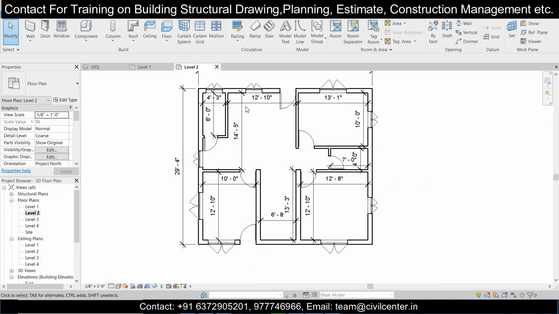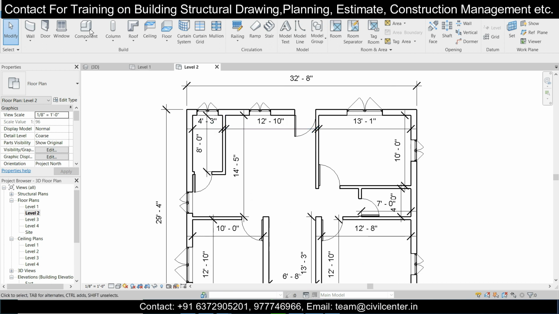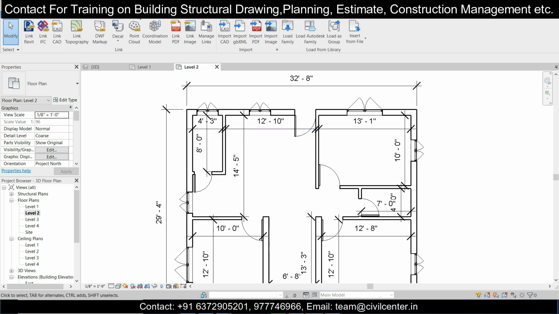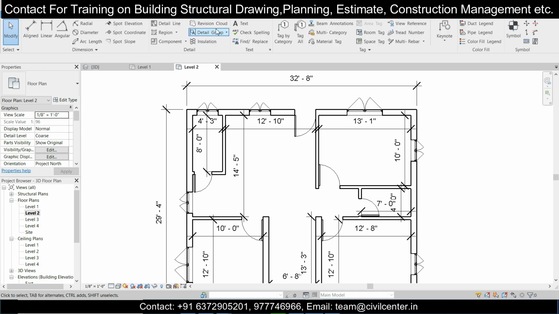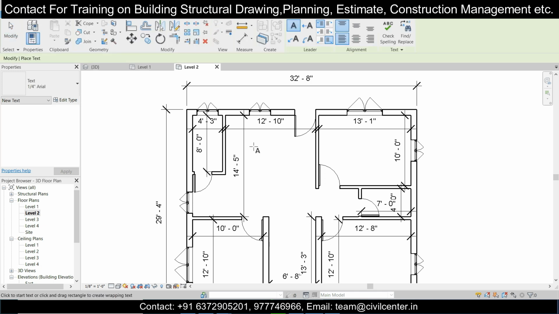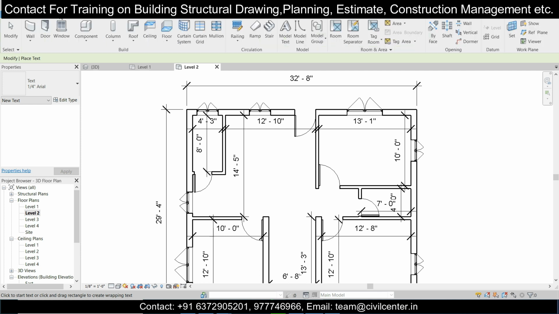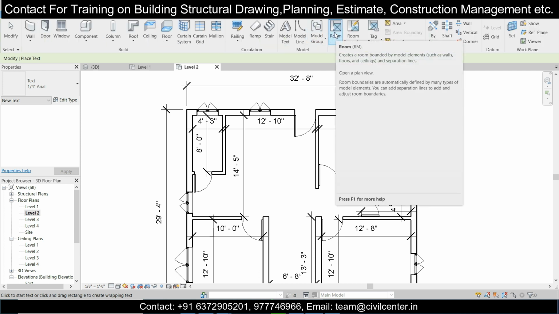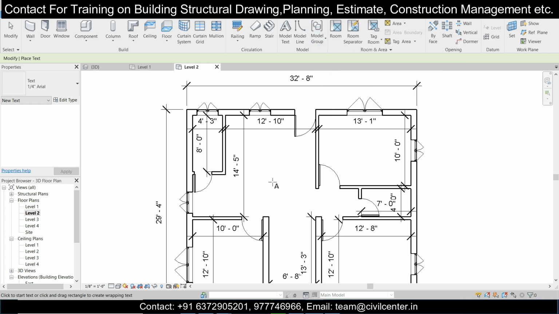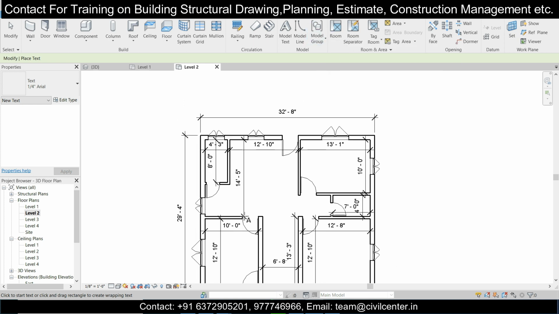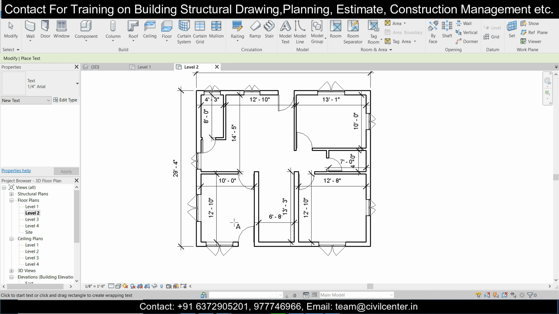So for the naming of the rooms, we have some techniques. We can go to Insert and insert the text, or go to Annotate and insert the text like this. So you can easily insert the text, or else we have an option of Room. It's better that we use the Room option because it has many advantages, like you can give several colors or several tiles or several textures to different rooms. That will really be very helpful for you. So we'll go with the creation of rooms.